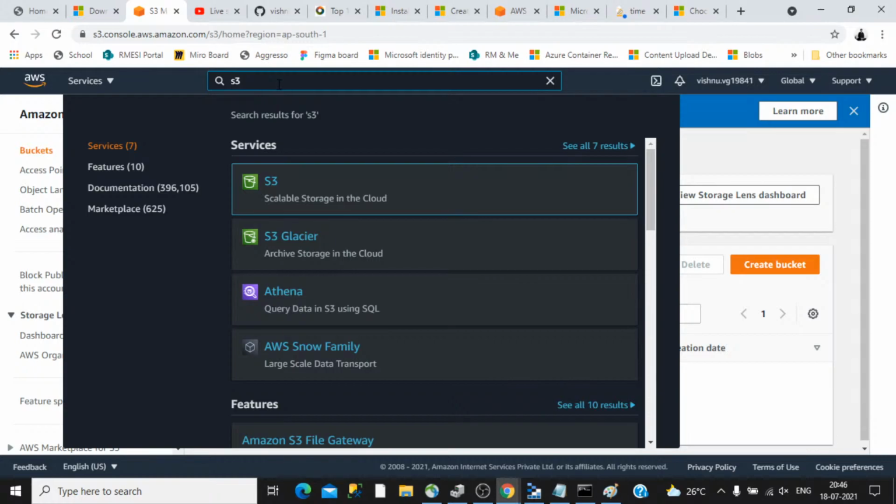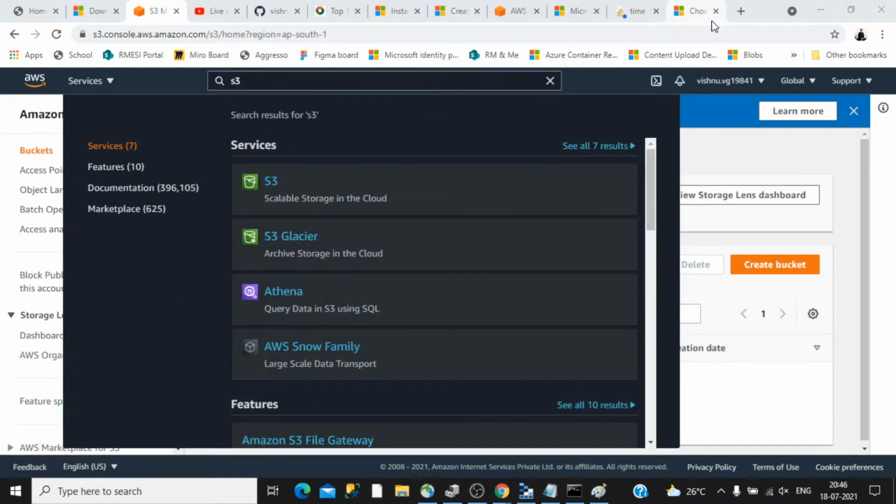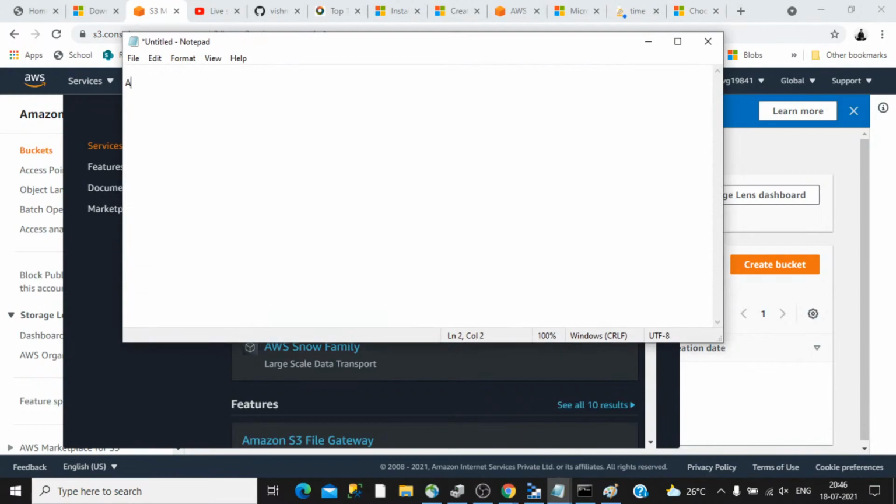Now let's understand the difference between Azure Storage and Amazon S3. So let's open another notepad and I can explain the difference. Let's say this is Amazon Web Services, and this is Azure. As an application developer, you may be familiar that you may want to store data.